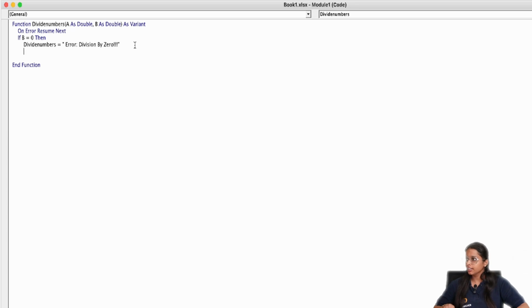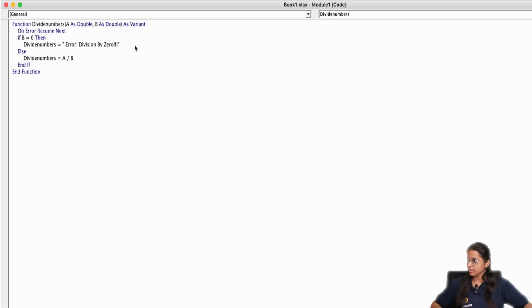And after it, we'll pass the else statement. Else divide numbers by b, and then we'll end our if statement, and we'll end our function.